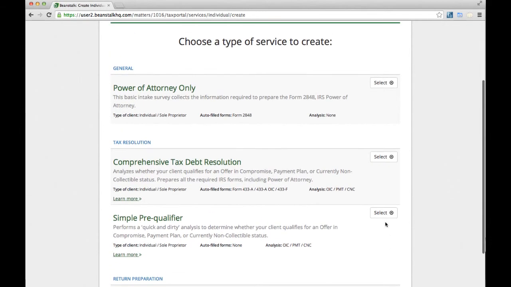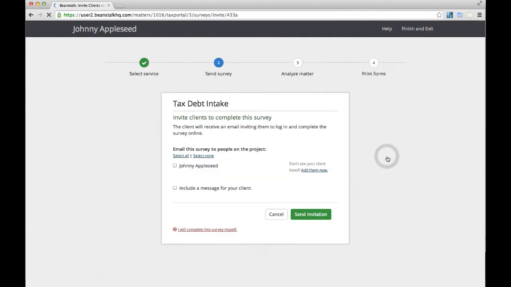In this case, why don't we send the client a comprehensive tax debt resolution so we can get the power of attorney, 433A, and everything out of the way at once. I'm going to select that service, and it's going to take us to a screen where we can invite our clients. Now, if I hadn't added a client here, it would prompt me to add a client. But I have, so I'm going to come in and I'm going to select Johnny Appleseed, our client,